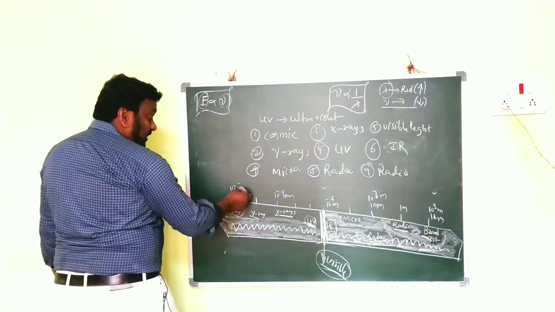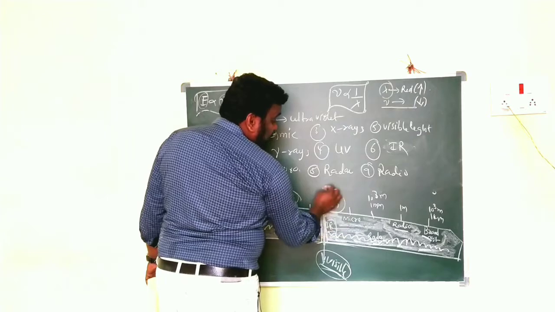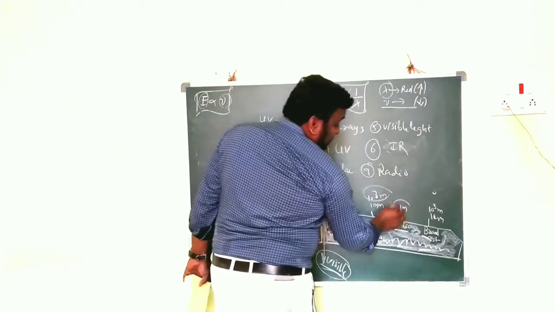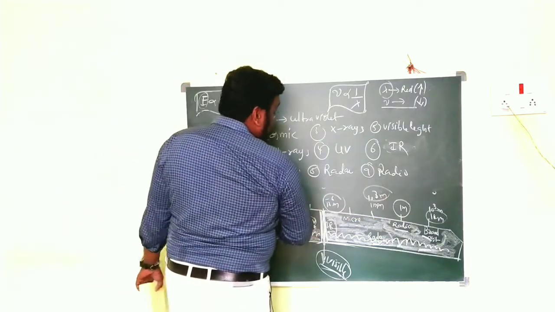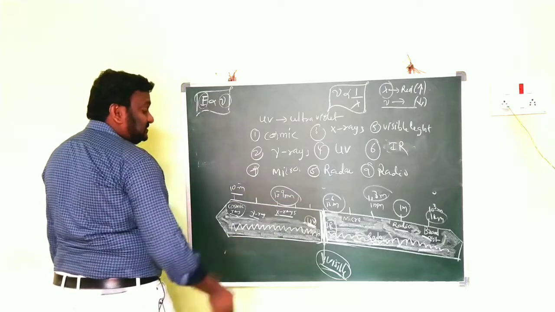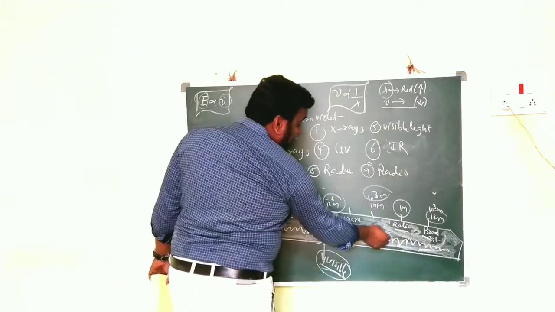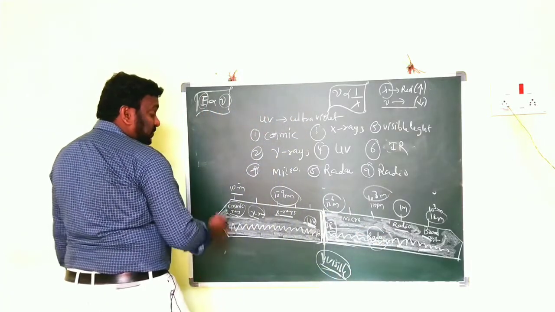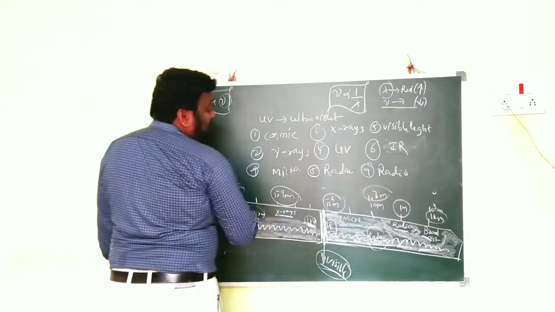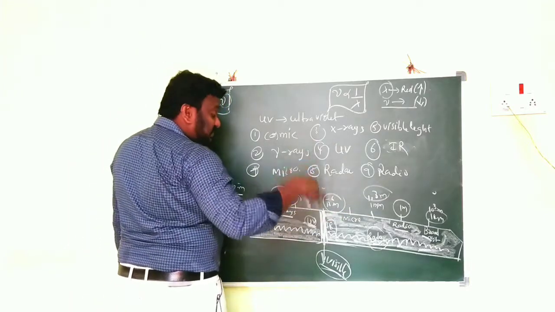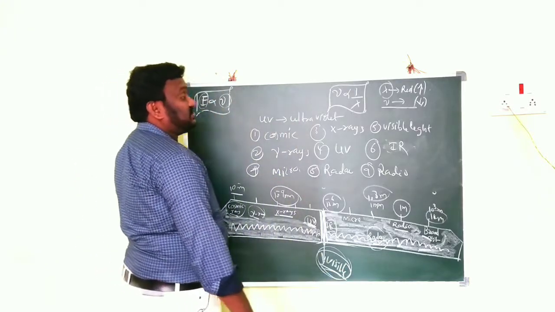On that we have some values: 10 power of minus 9 meters, 10 power of minus 6 meters, 10 power of minus 3 meters, 1 meter, and 1 kilometer. That is the wavelength. We are arranging them based upon their wavelength. Gamma rays have the least wavelength, and radio waves have the maximum wavelength. While moving from left to right in the electromagnetic spectrum, the wavelength increases. And in your textbook, visible light is also given very clearly, you can watch it, children.